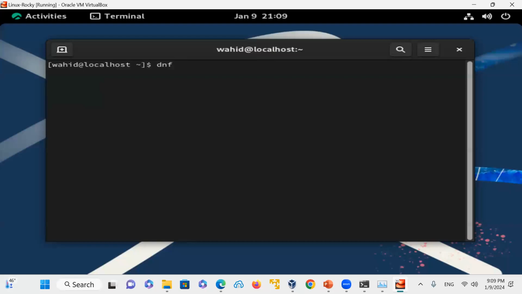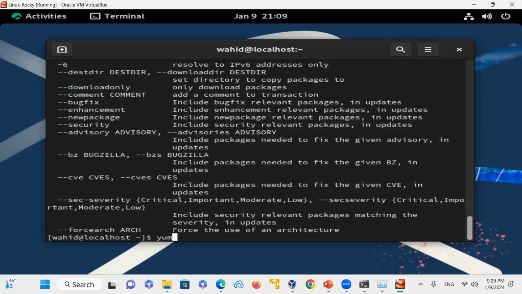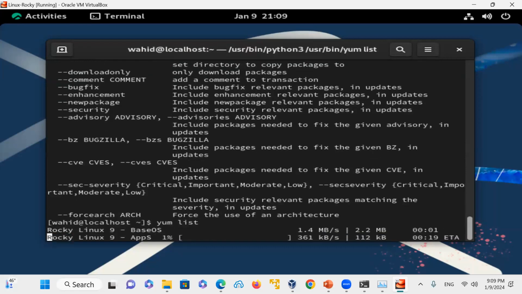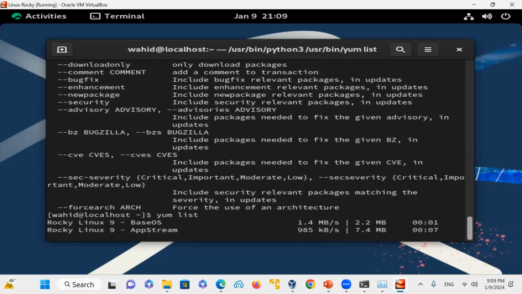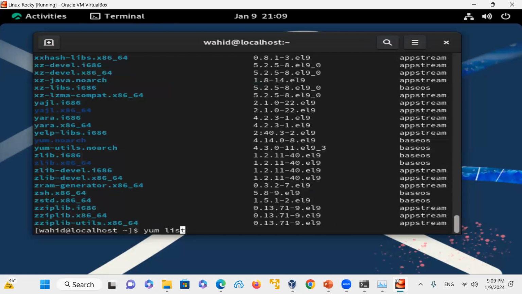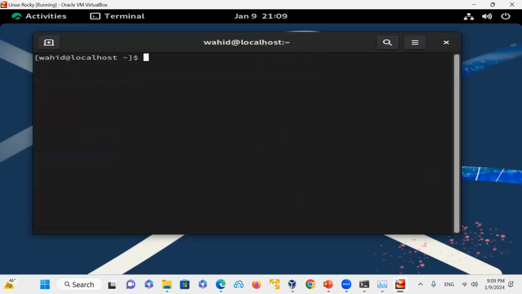So DNF or YUM, whichever one you want to use, yum list, and I will show you all the packages that are there, because yum is a symbolic link to DNF. So it is going to take a little bit of time. While that one is running, it's finished. So this is similar to dnf list. Because of that, you could do a word count -l. And then since it is there, say yum